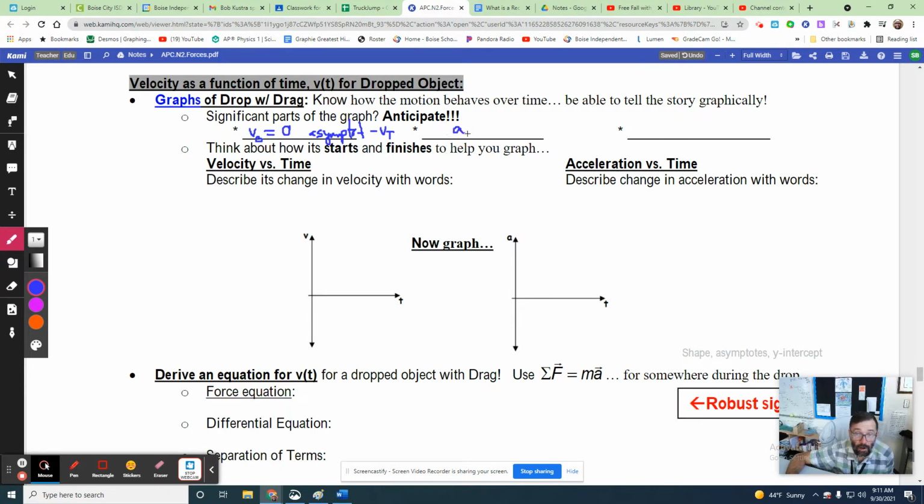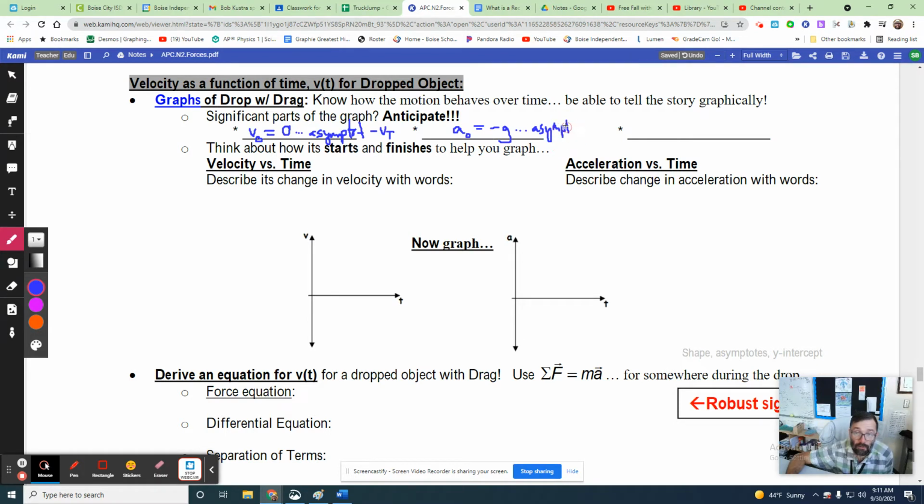Initially, our acceleration is equal to a negative g. And maybe our acceleration is going to go to an asymptote